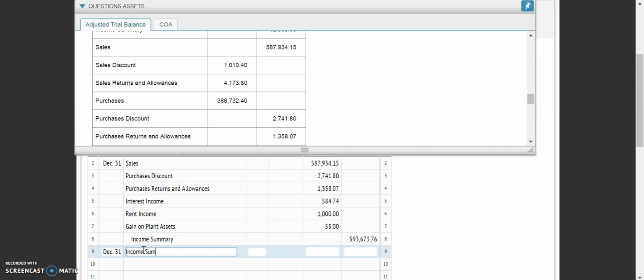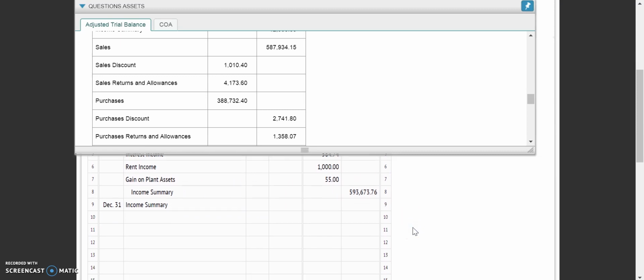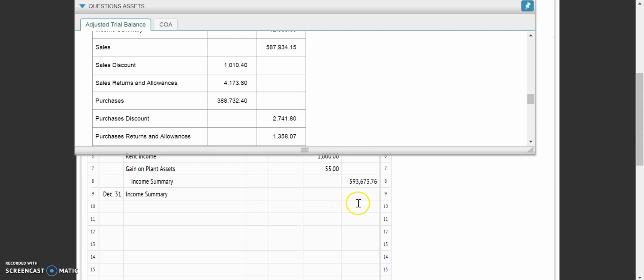So I'm going to put income summary in here now to start, but we're not going to be able to know that amount until we total all of our income statement accounts that we're crediting. So to start off with, our first one here is our sales discount. So we're going to plug sales discount in and